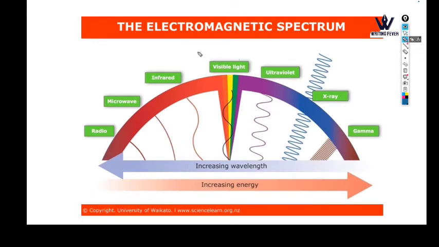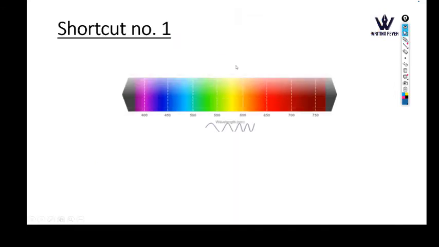Here is the start of the electromagnetic spectrum. You all know there are also 7 rays. In the visible ray there are also 7 rays. So it is not possible to remember all these rays easily. So we will tell you some easy method to remember it. Shortcut number 1,